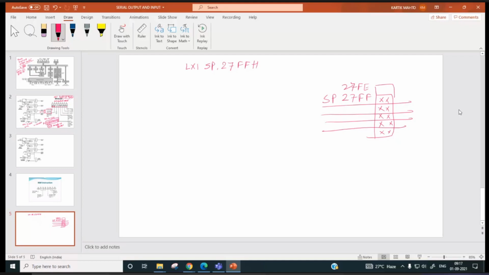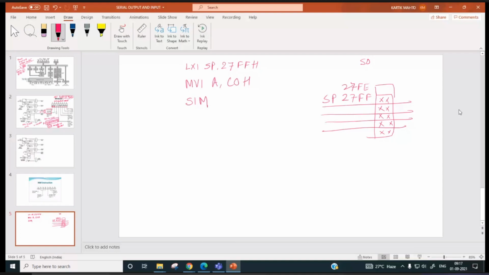Next, suppose I am doing this: MVI A, C0H, SIM, right? What will be at the SOD pin?